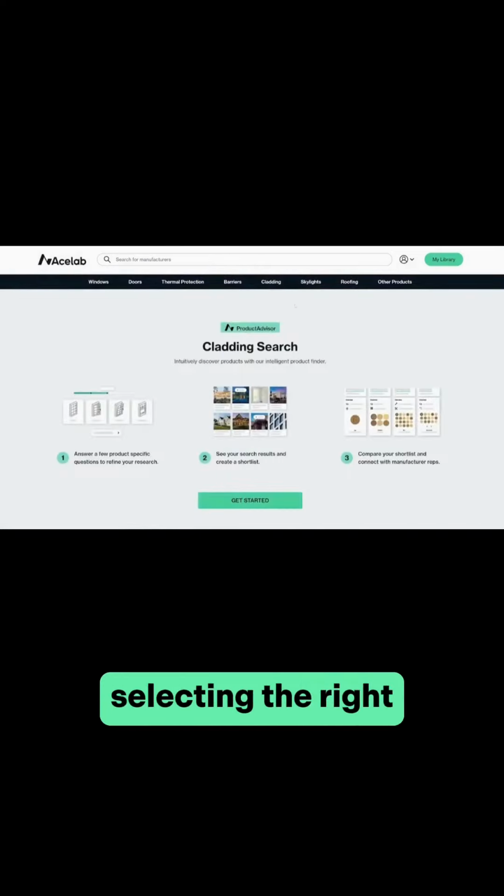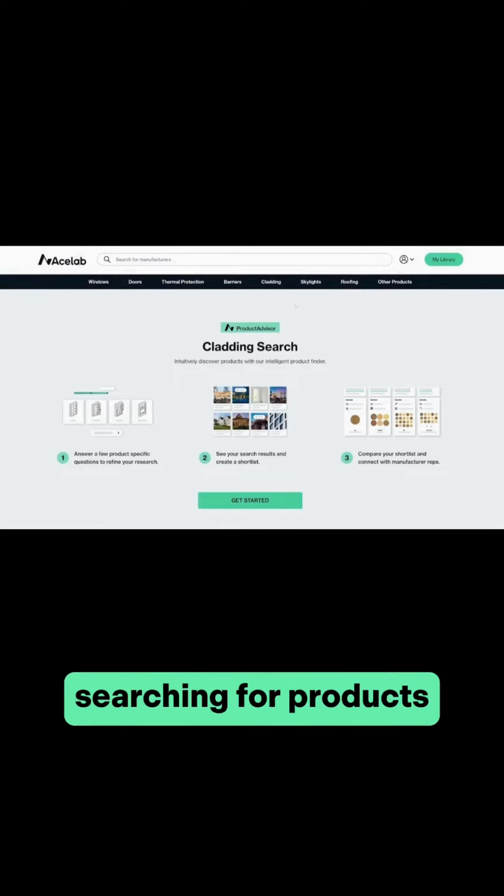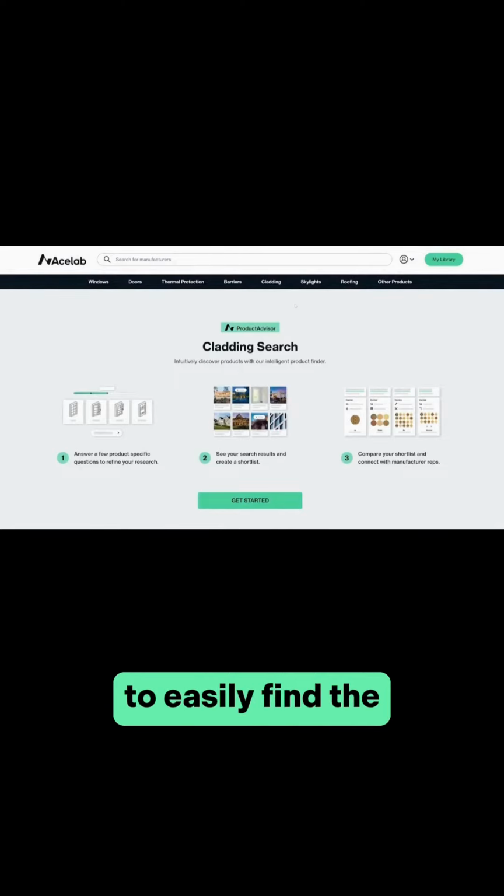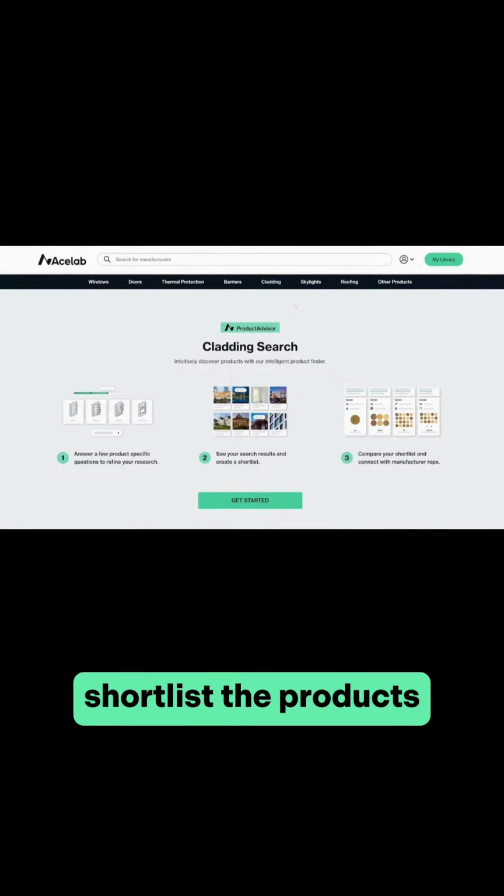To search for a product, get started by selecting the right category from the header. On Acelab, searching for products works like this. To easily find the right products for your project, follow these 3 steps. Answer a few product-specific questions, shortlist the products that you're interested in, create a product comparison, and communicate with product